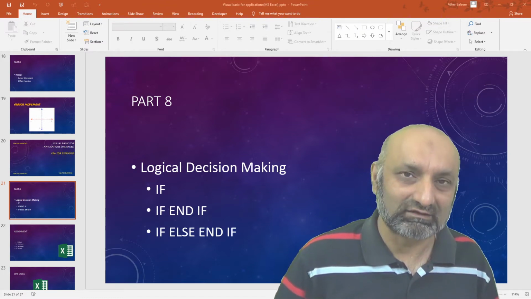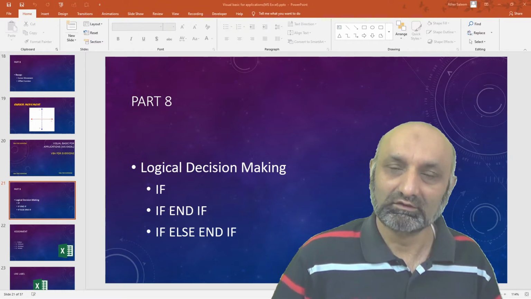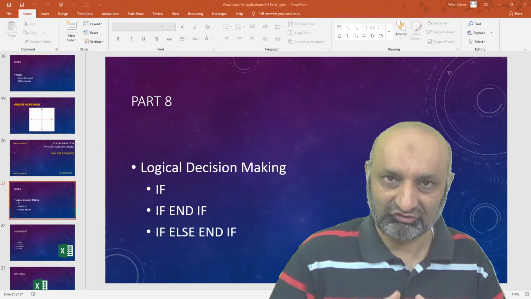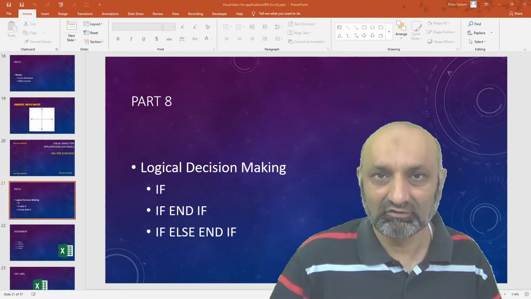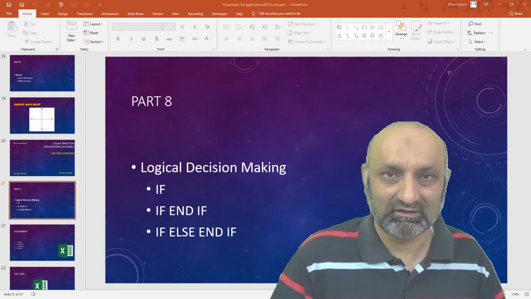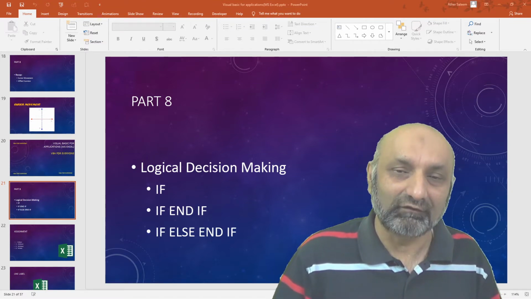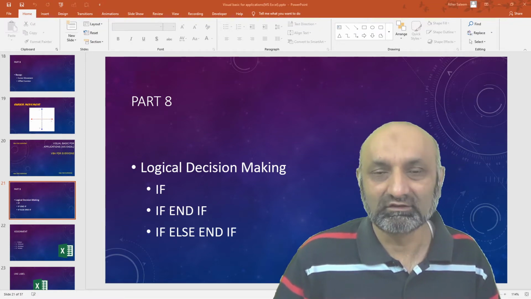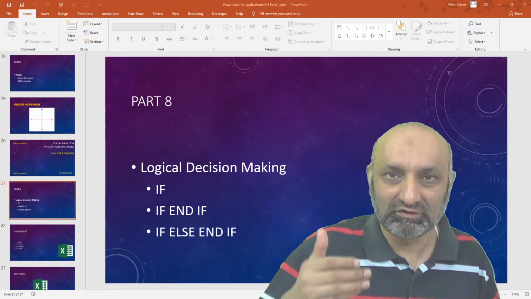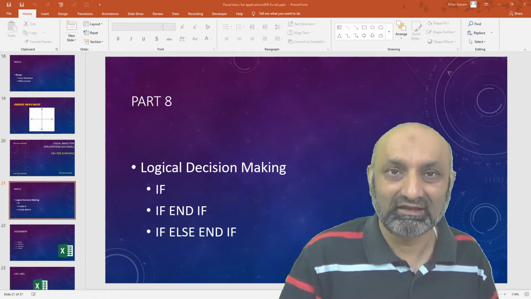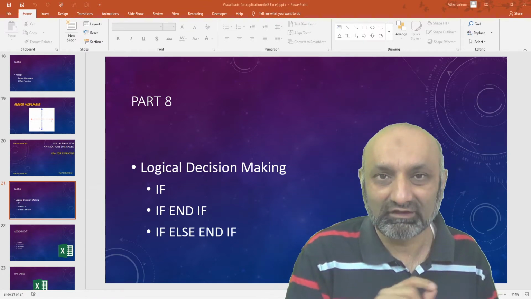We looked at the simple if command, if logical test, then do this. In the second step, we expanded that command and we used multiple commands after then. If logical test, then do these 1 2 3 4, and then we ended our if with end if.